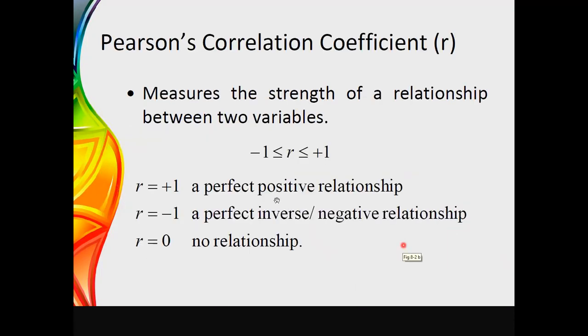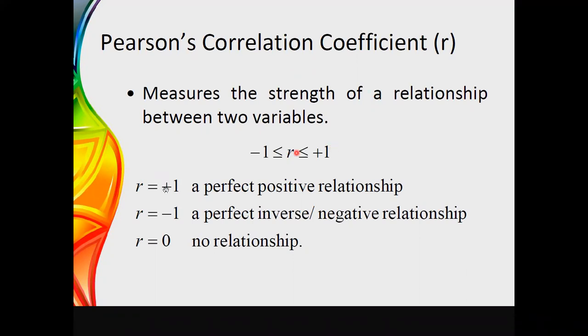And now we will move to the next part. It is Pearson's correlation coefficient, which is denoted by the simple R. We can apply the Pearson correlation coefficient if our data is on the interval scale or the ratio scale. Here also we are using this measurement to measure the strength of a relationship between any two variables. The interpretation is quite the same as for Spearman's rank correlation, because the coefficient value always lies between -1 and +1.